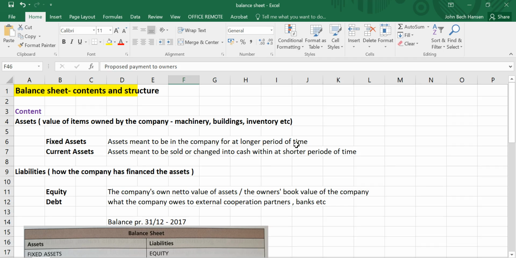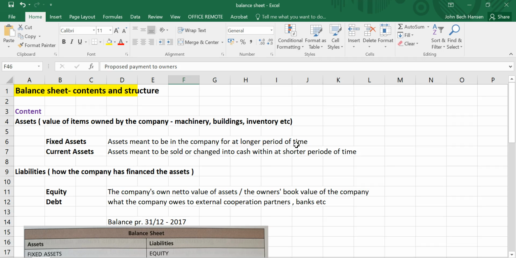But it is not something which we are going to sell or to convert into money. It's at the foundation of the activities. We actually use the cars, the buildings, the machinery in our normal activity